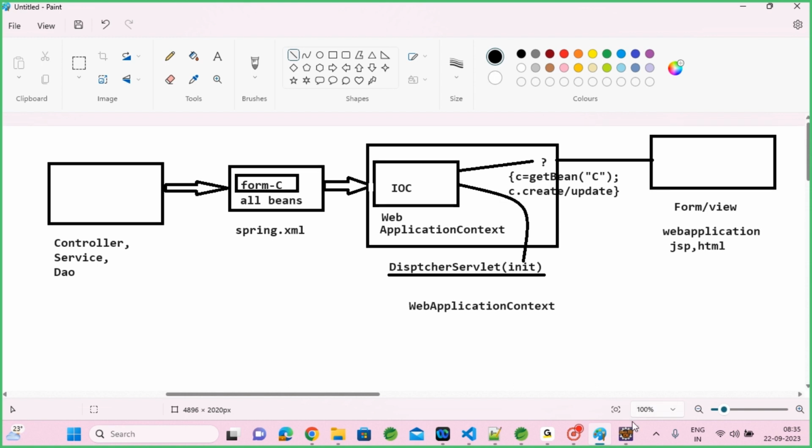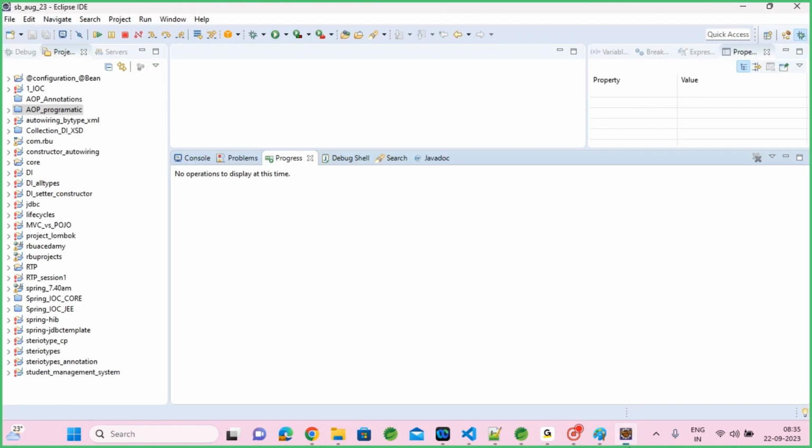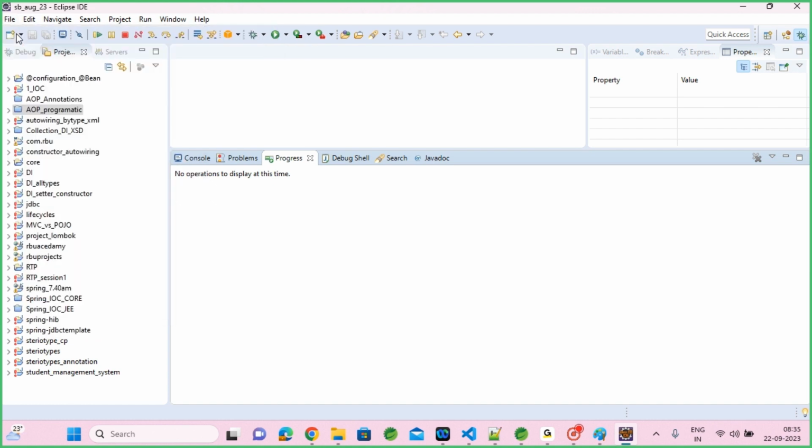We'll see the example directly. Four steps, right? Create a web project, add a web.xml file, and add the dispatcher servlet inside the web.xml file. Then write your front end and back end code, and configure them in the Spring XML file. Okay, let's do this. You just need to create a new project,